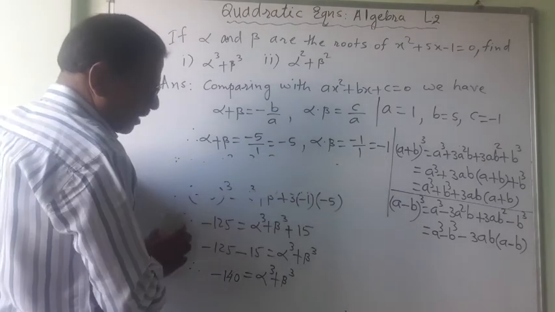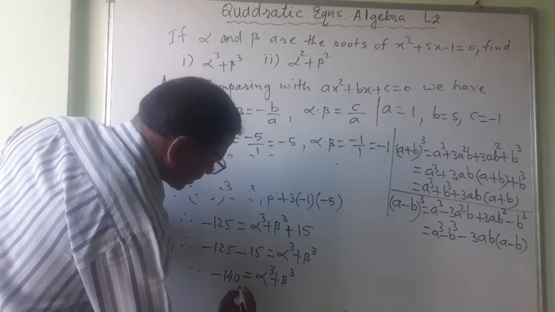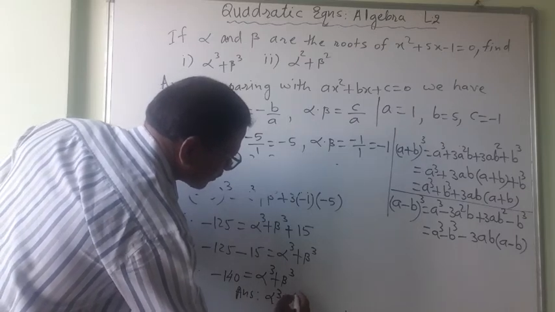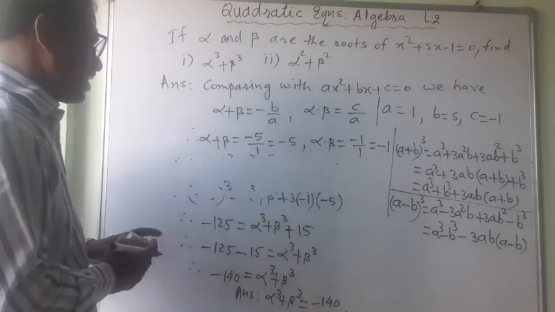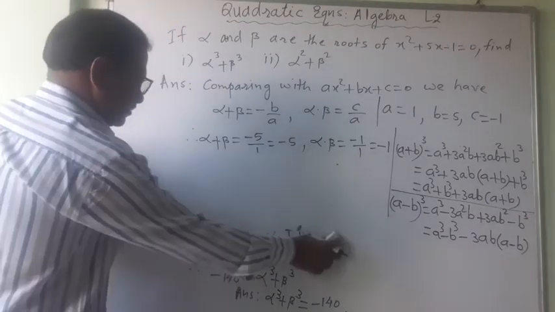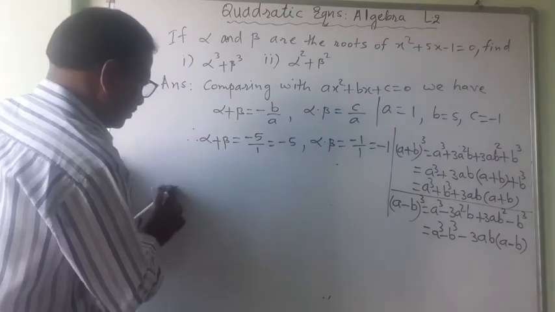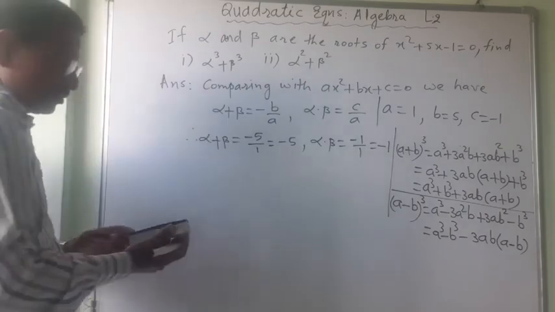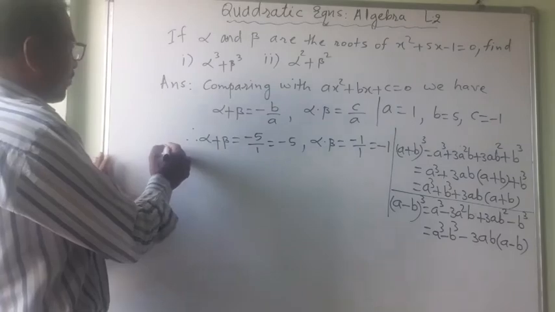Answer, you write alpha cube plus beta cube. Final answer. Their answer for this alpha cube plus beta cube is equal to minus 140, that we have to write. You should not go on learning the formula always. You should have some tricks also. Now for the second, what I want is